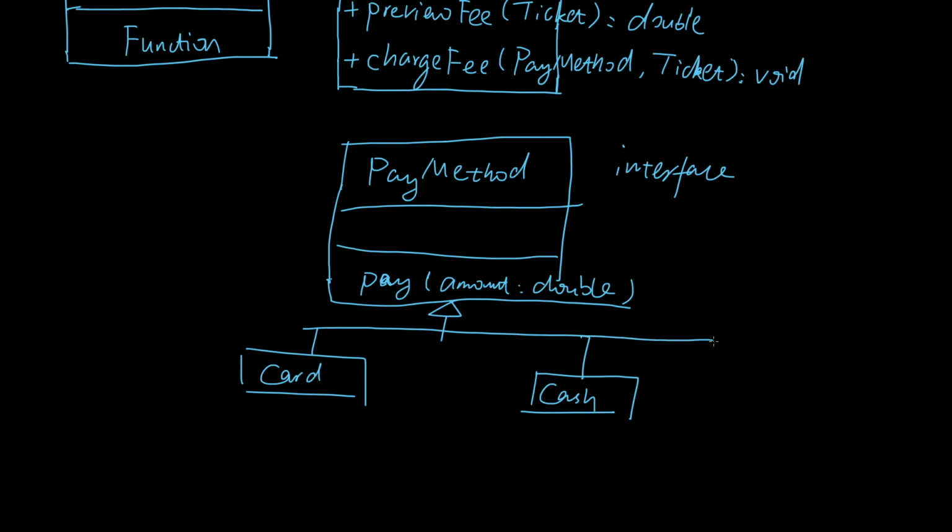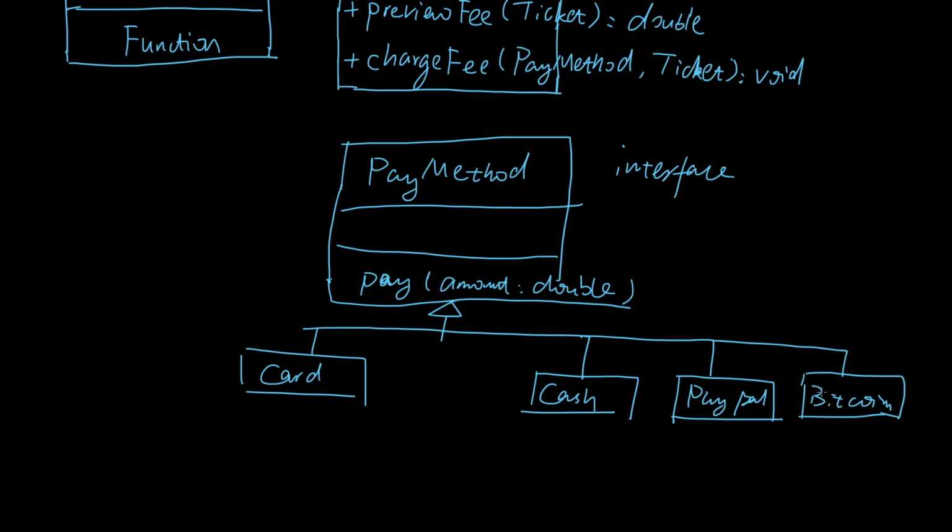And in the future we might have some other fancy ways, like online payment methods, PayPal, or you might also see some places that support Bitcoin or some other really fancy stuff. And for the traditional one, the card might also have different things, like credit card and debit card might have different